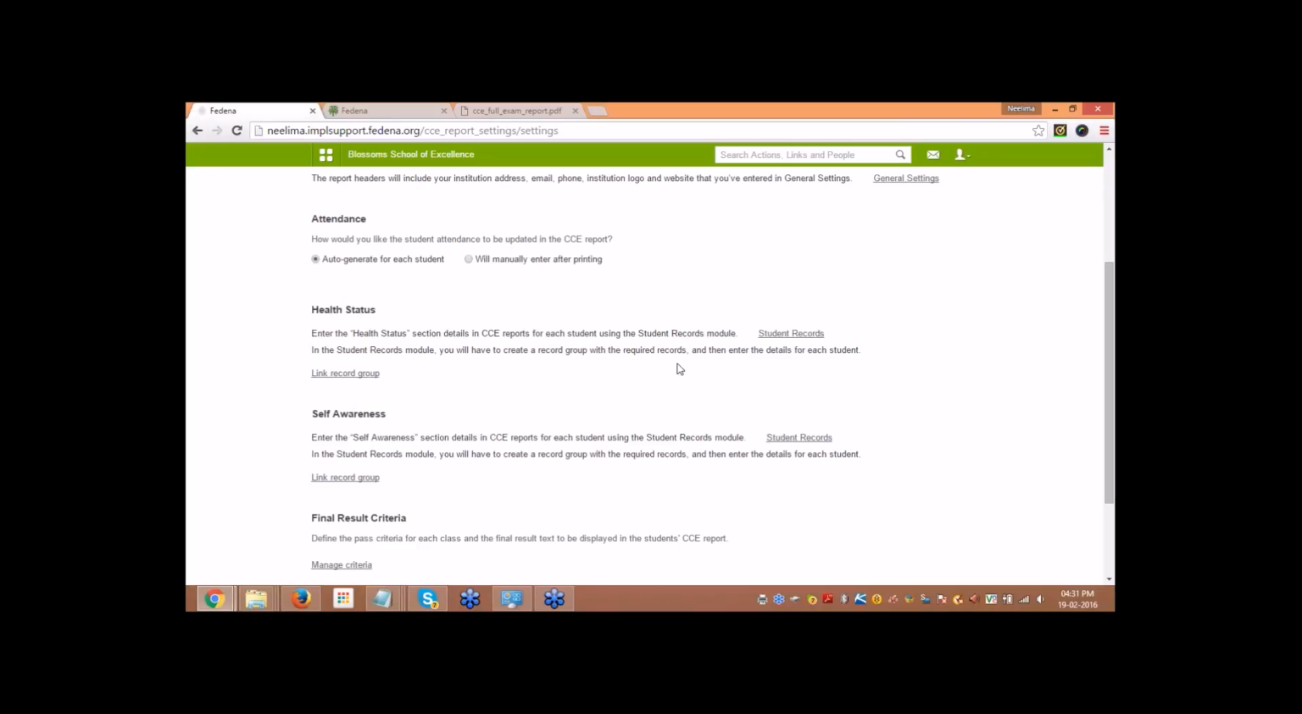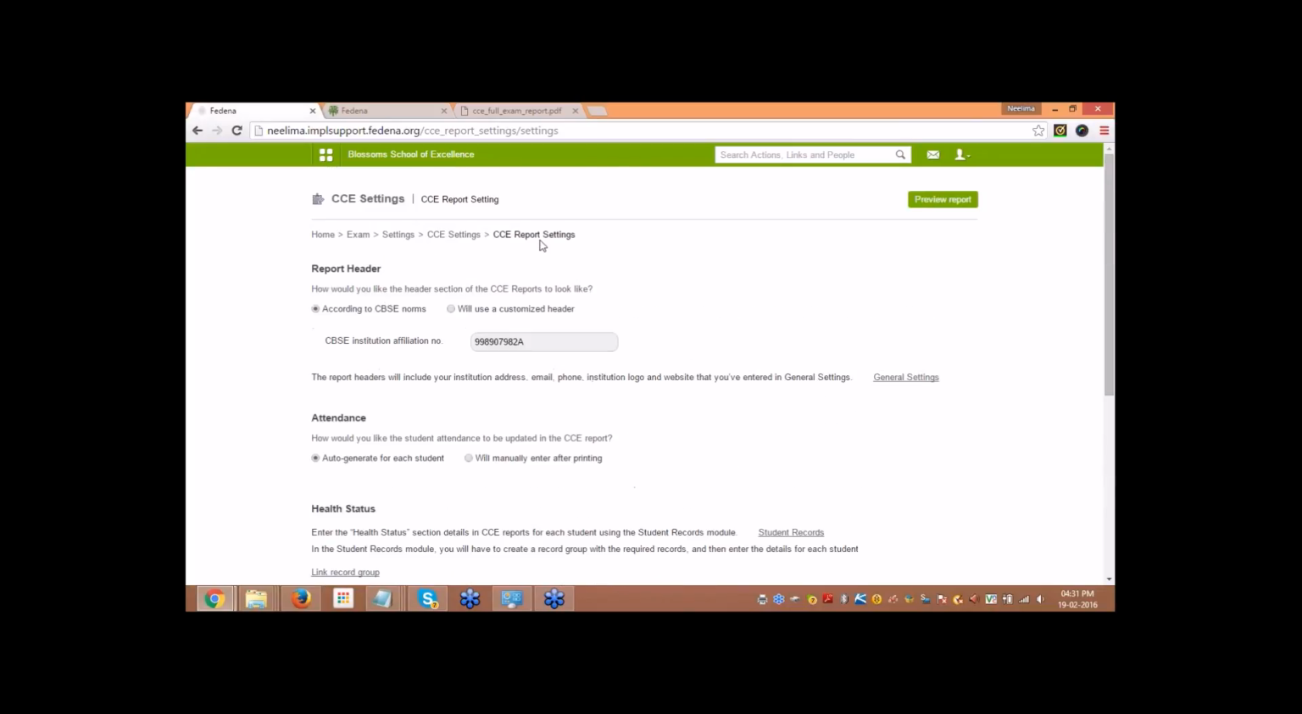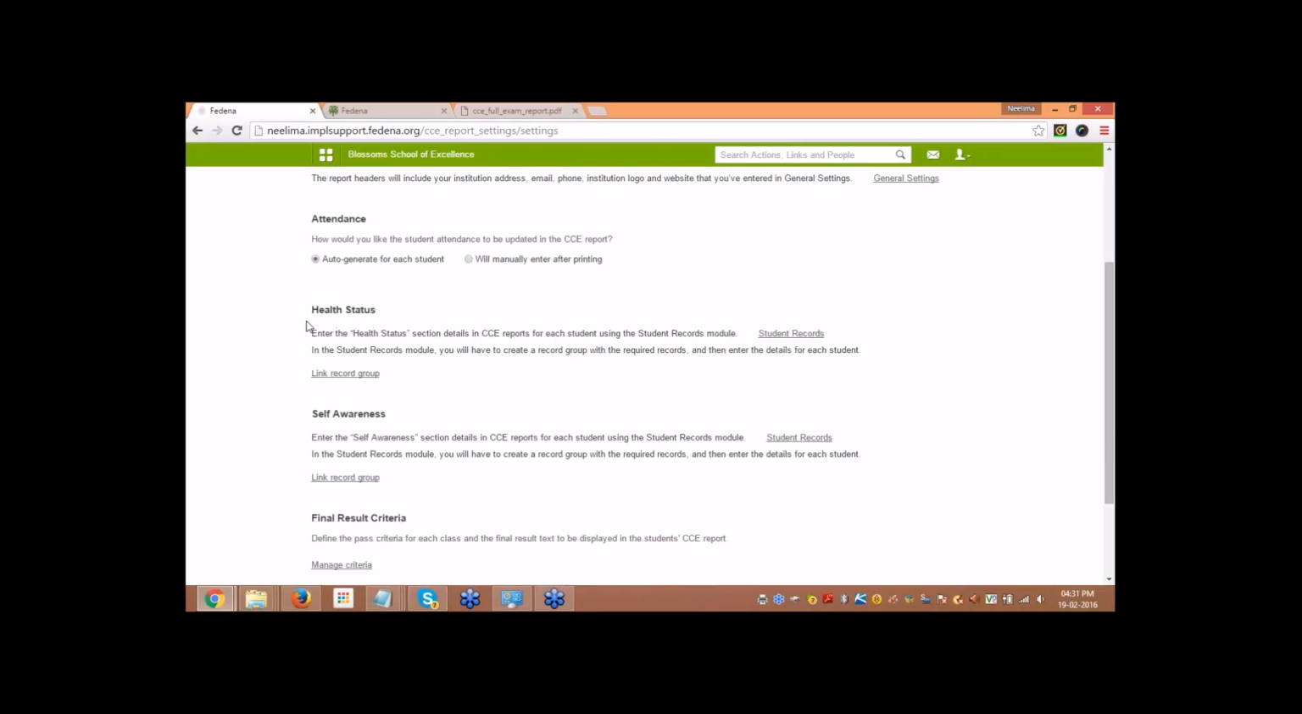Whatever details that we have added over there, if you want that information to be reflected on the CCE report of the students, you can manage the CCE report settings. You can just adopt that health status, like the health record of the student, to the CCE report. So here we can just select student records,